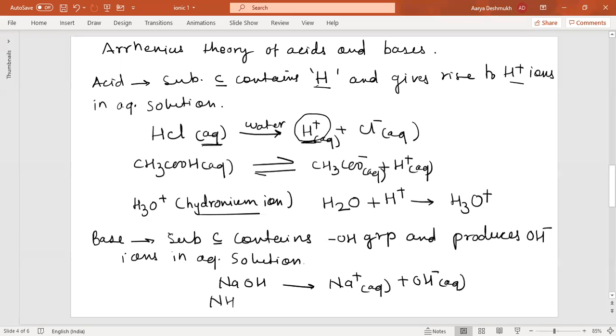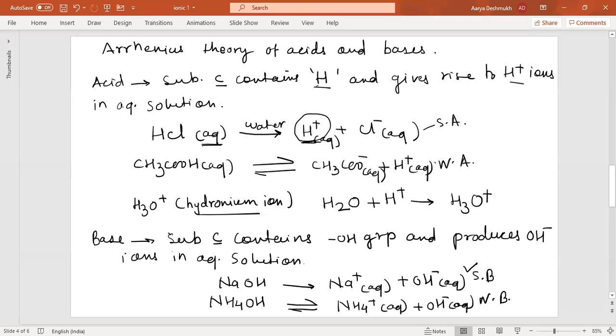Whereas NH4OH is a comparatively weaker base, so you can put here a double arrow. NH4 plus and OH minus ions are formed. So this one is a strong base and this is a weak base, whereas here it is a strong acid and this is a weak acid, acetic acid. So accordingly, the substance which contains OH group is a base, and which contains H plus ions is an acid. Now, another way of defining acids and bases,